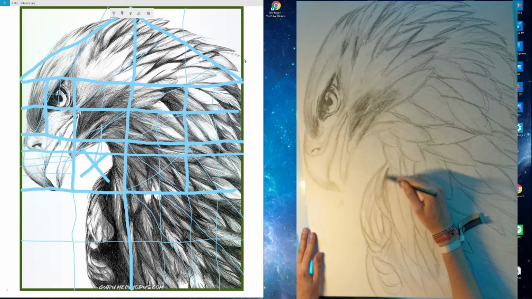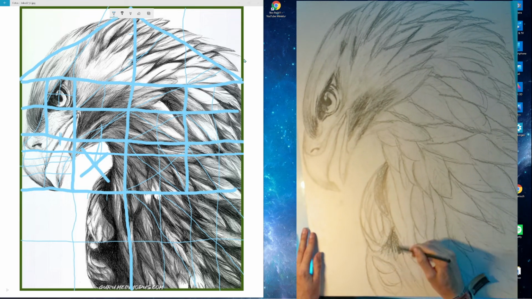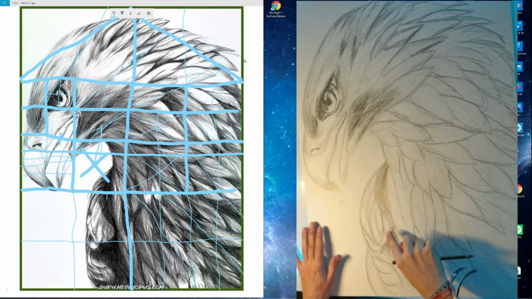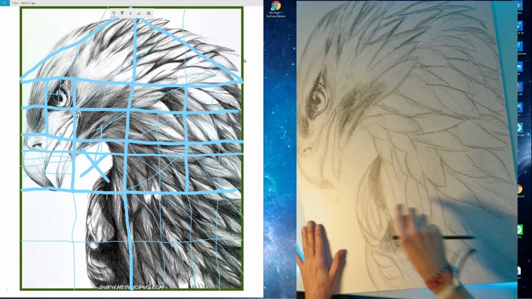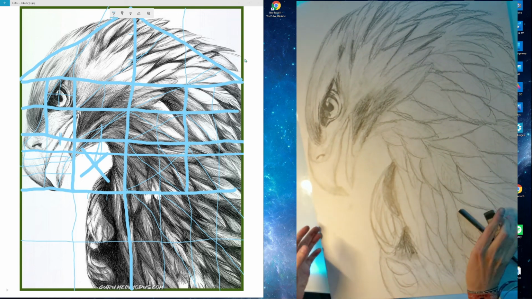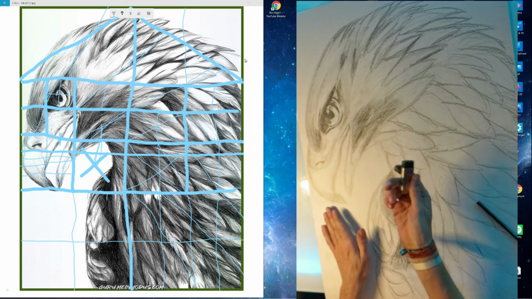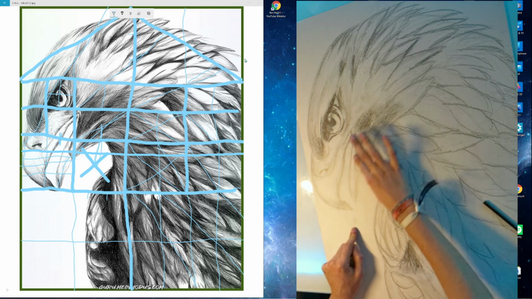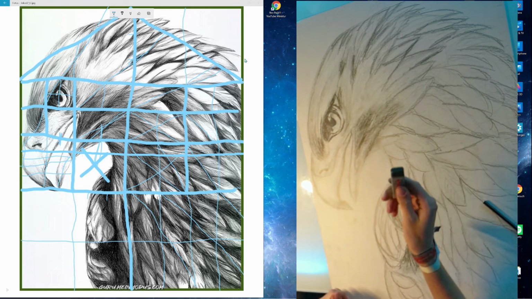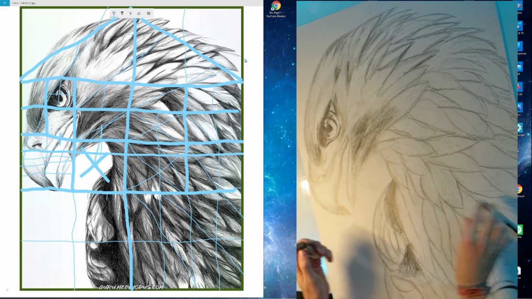Obviously here it will be very, very, very dark. And here even darker. Obviously your finger will be pretty black after this, but you can wash your hands and you have a nice image. And what is also, you can't really see this. Yes, you can a little bit. When you do this, it makes it darker. But when you then go with a very good rubber, you need a good rubber,